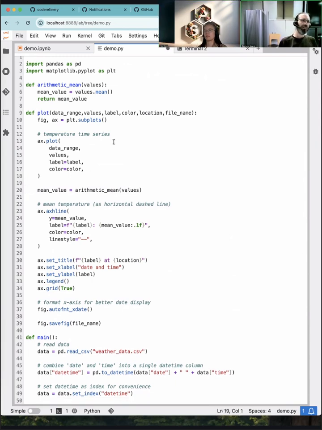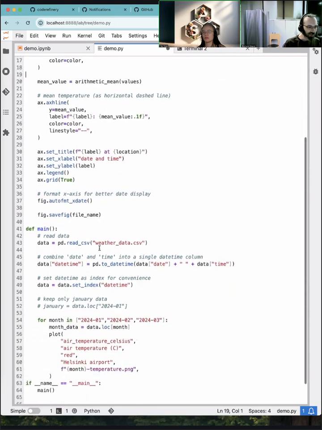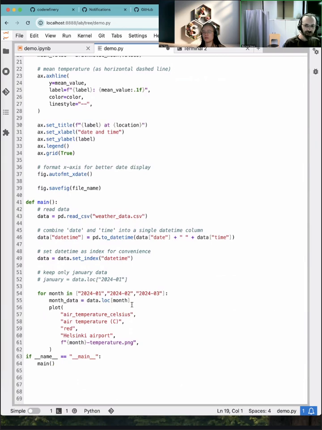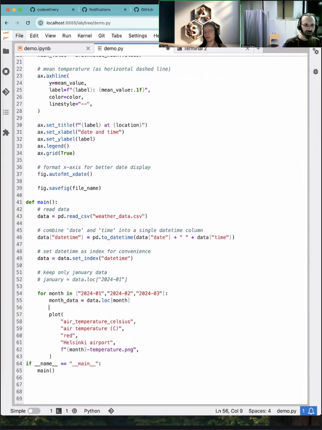Well, for plot, it can recognize both, I think. Now we have this data frame, but here we need to have the data range actually will be the